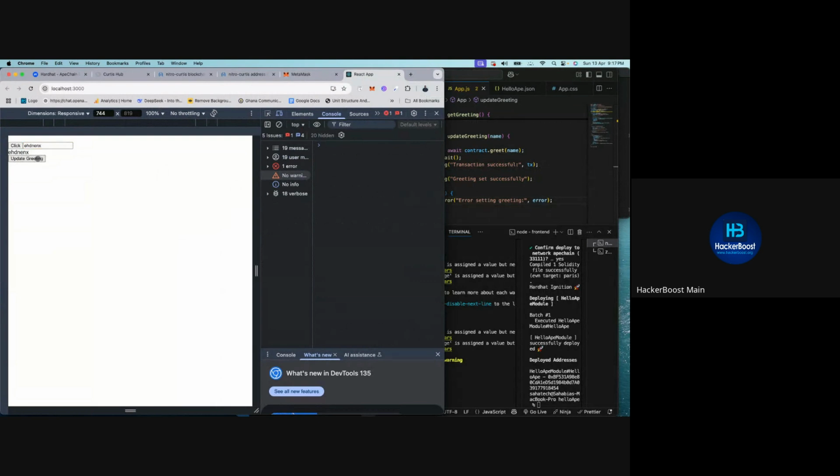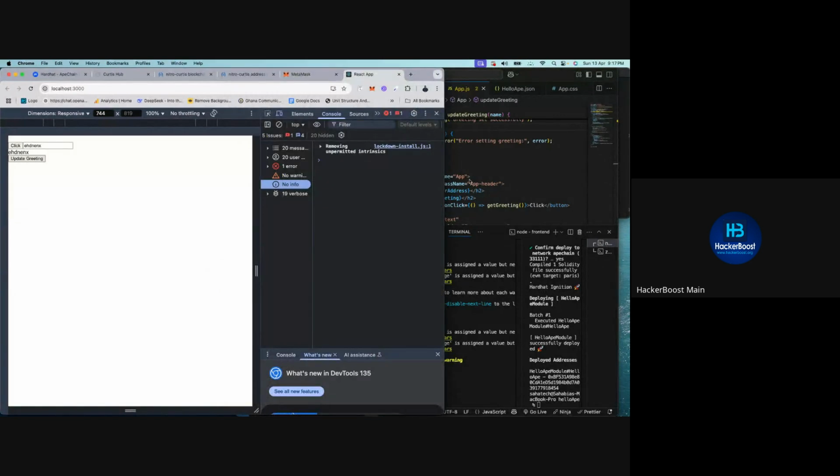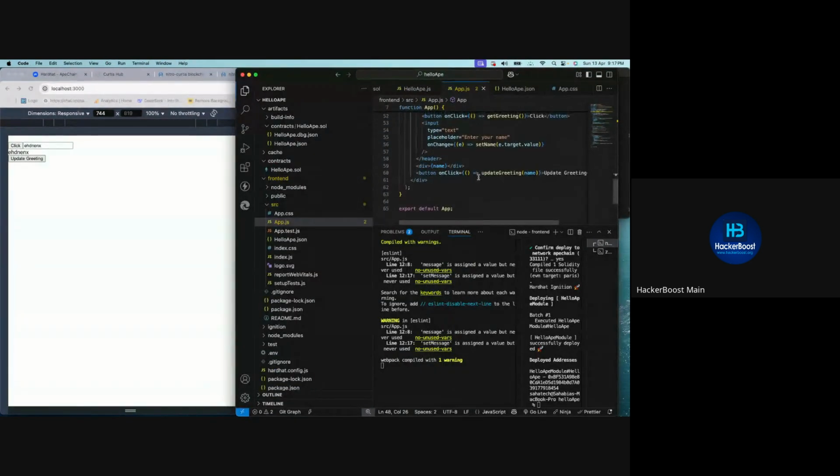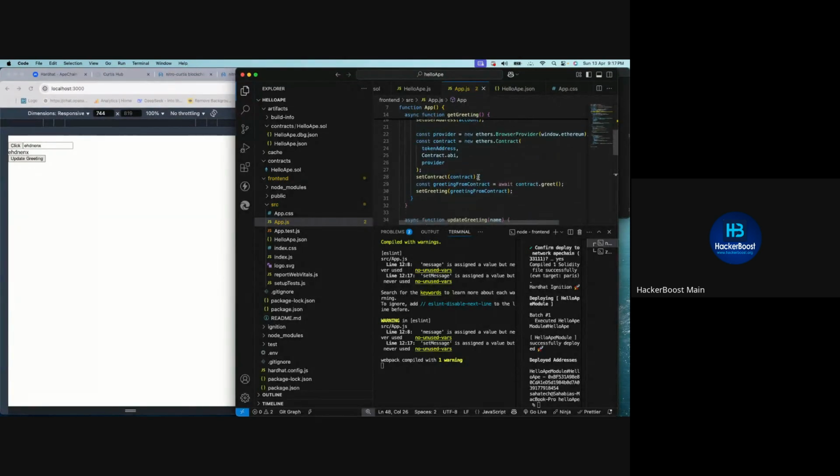Then I click on greeting. Hold on, that will interact with the blockchain. Okay. So what we are doing here is to update. So now instead of this, we can have